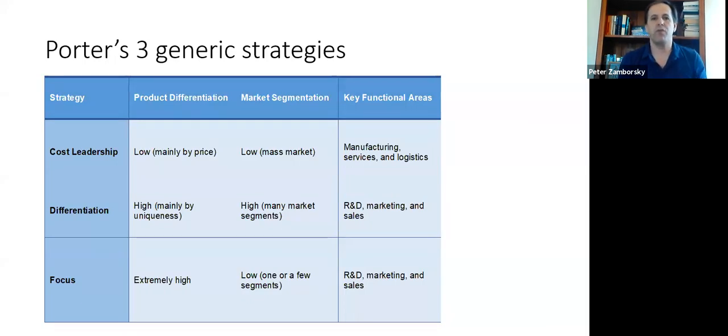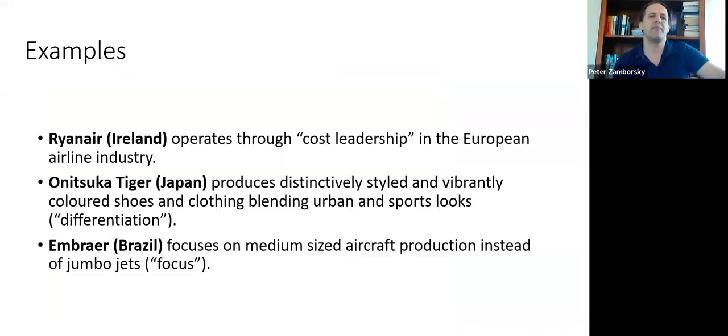So for focus, you actually focus on a particular customer segment, while in differentiation, you really have a unique product that could be targeted at a couple of segments. And in both of these areas, the competitive advantage is not that much derived from manufacturing or logistics, but more from R&D, marketing, and sales. And so I already mentioned Ryanair as one of the examples of cost leadership. If you think about Onitsuka Tiger shoes, it's clearly a differentiated product, and